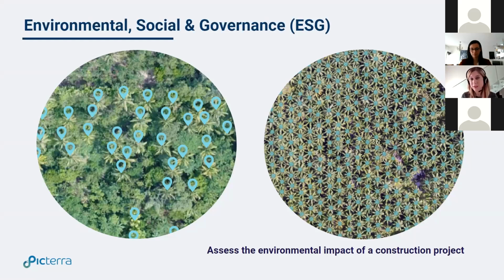These are examples of counting trees. Counting trees and counting crops is something that we can do too, which is potentially less relevant to construction. But if you did need to cut down certain numbers of trees to make way for highways or for any construction, then this could be of relevance to see the general amount that would need to be replanted somewhere else